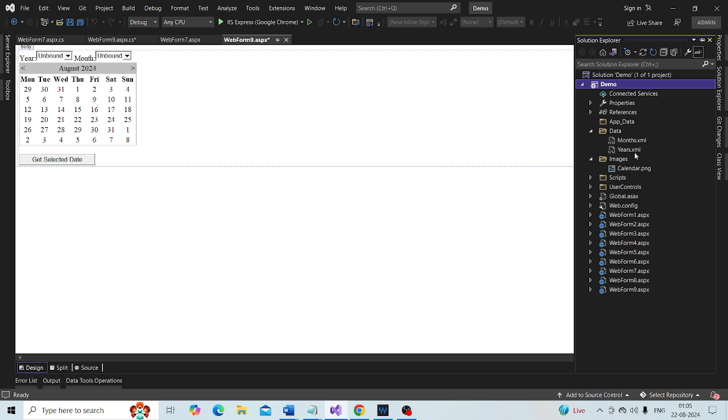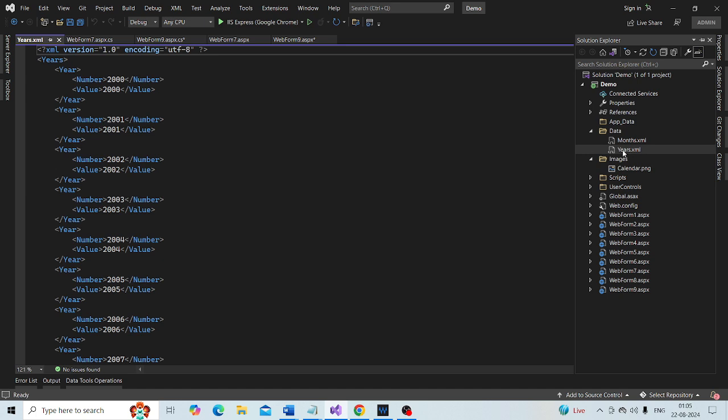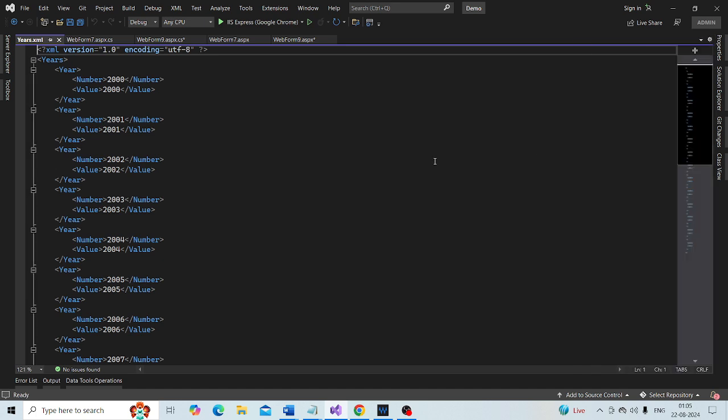If you look at this XML file, we have the years root node, and within that we have several year elements. Each year has a number and a value property, as you can see here.